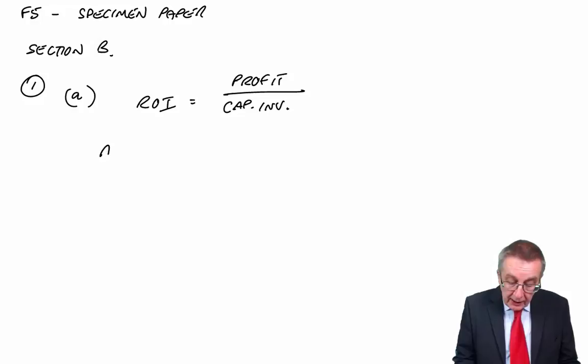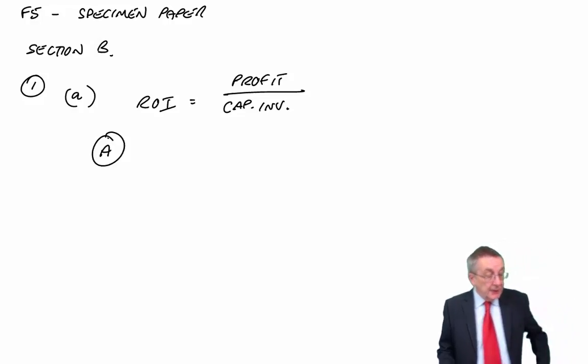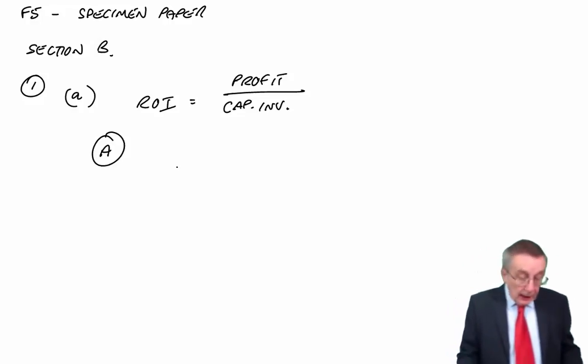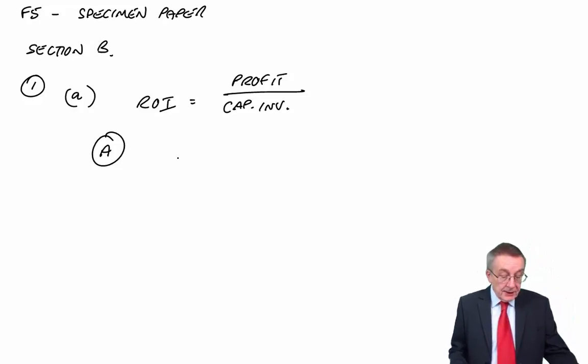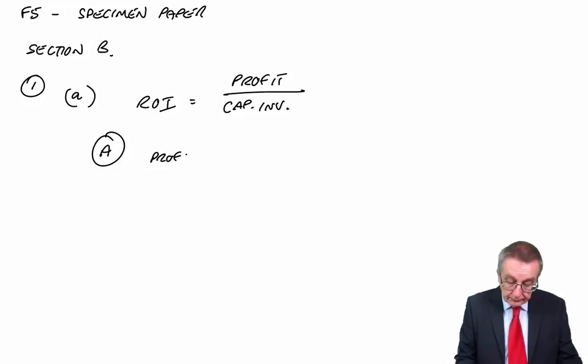And so, for Division A's project, the profit, well, we're told what the sales are, 44.6 million. We're told the net profit margin, 28%. So the profit is